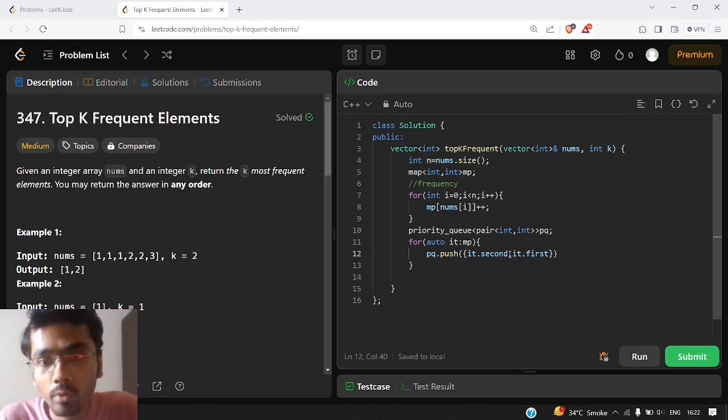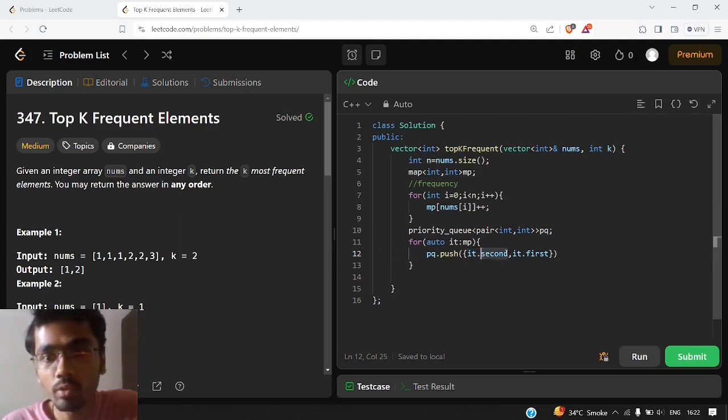So why are we putting the frequency first and the corresponding number second? Because we want the elements to be arranged in terms of frequencies. We know that in a priority queue, if you are using a pair, it will always arrange by the order of the first element.